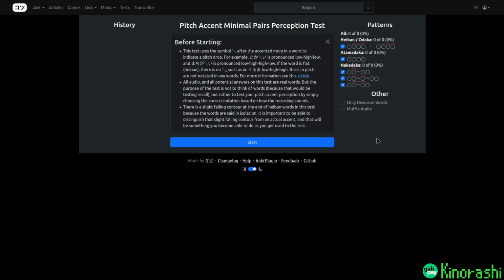Okay, so Heiban was first, low then high, then Atamadaka, high